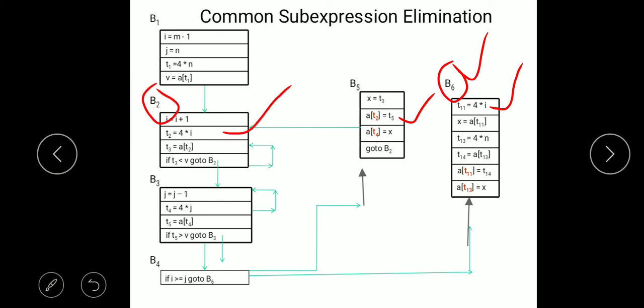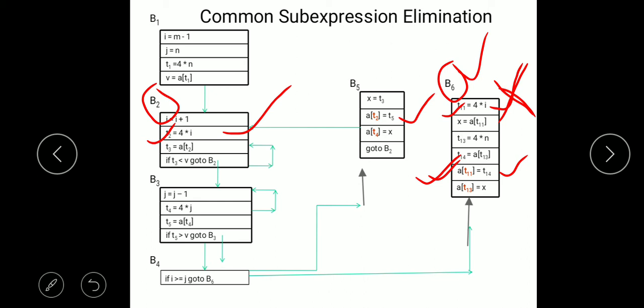So we can eliminate this statement, and in place of T11 we will now use T2. At place of A of T11 we will use A of T2, using the previous approach for common subexpression elimination. So this statement would be eliminated, and here we would have A of T2.